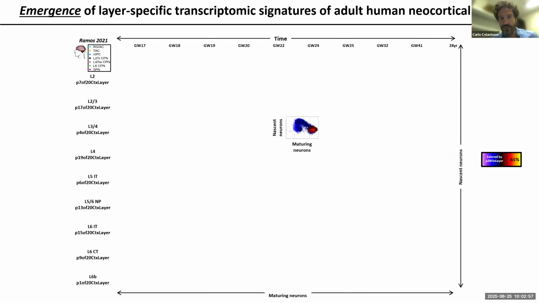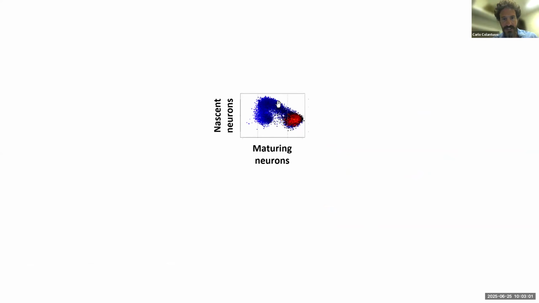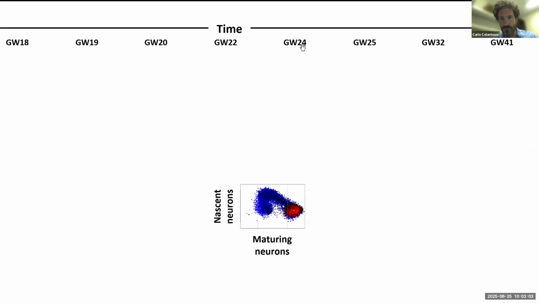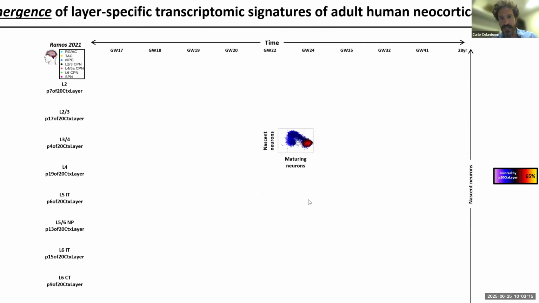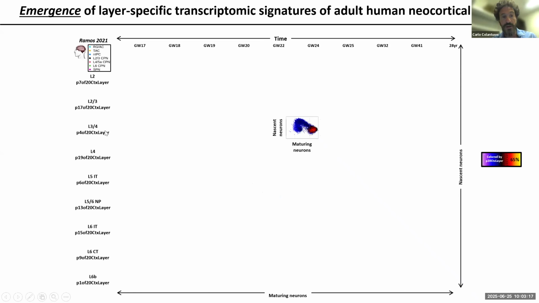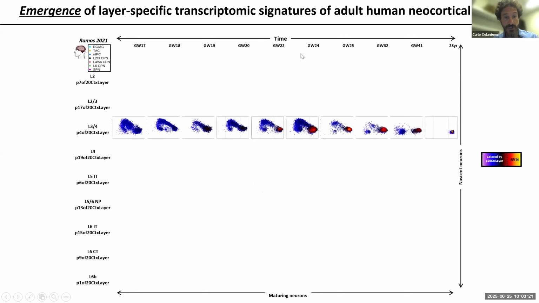And now this is my final notion here, is to put these things together. So this is a data set from gestational week 24, watching progenitors as they go through neurogenesis, turning on the nascent signature into the mature signature. And then what's turning on there when those cells end up in this mature state is the color codes for one of these neuronal signatures in the adult human. So looking across all the ages in this Ramos 2021 data set, we can see that at all stages we're